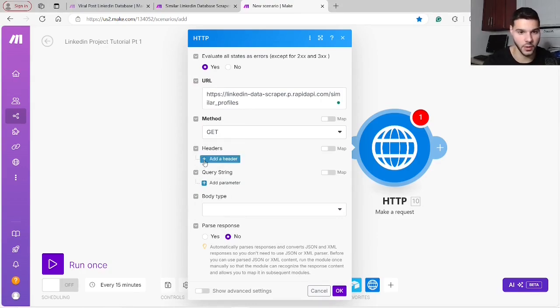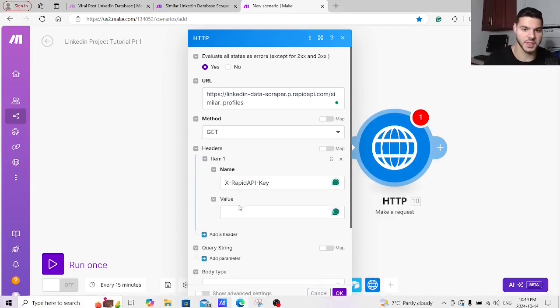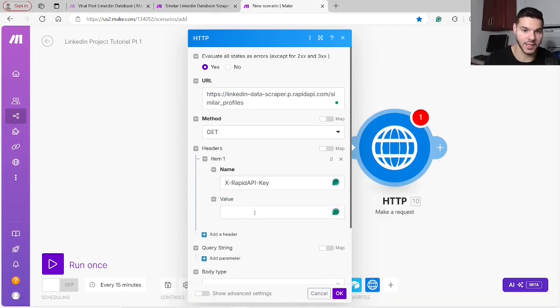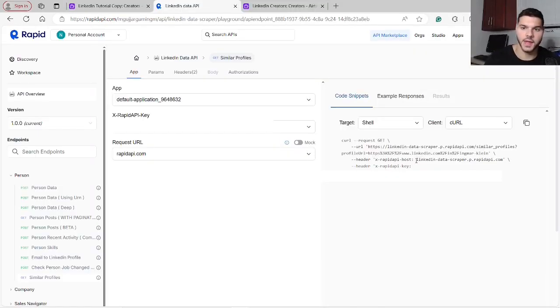So now we're going to add a header. Then we're going to name this X Rapid API key. And then you're just going to fill in your specific API key. I'm going to have to blur mine out. Next one, let's name it X Rapid API host. And this URL will be available right here in this fragment of code. Oh, just before. There. Copy and paste that